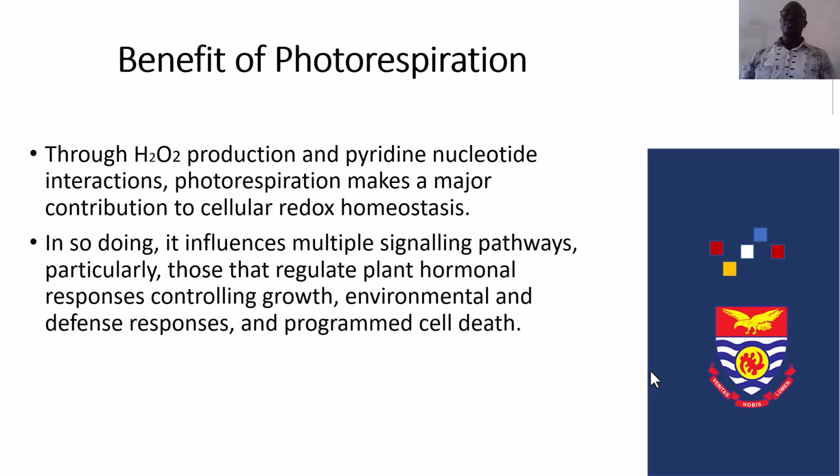Through hydrogen peroxide production and pyridine nucleotide interactions, photorespiration makes a major contribution to cellular redox homeostasis. In so doing, it influences multiple signaling pathways, particularly those that regulate plant hormonal responses, controlling growth, environmental and defense responses, and programmed cell